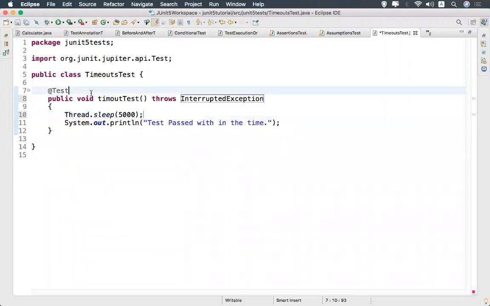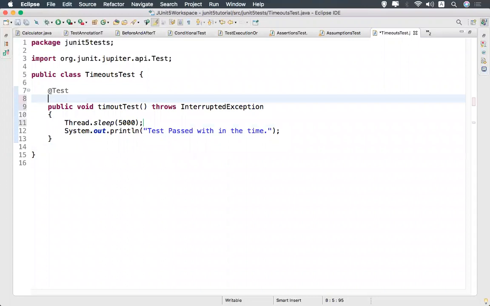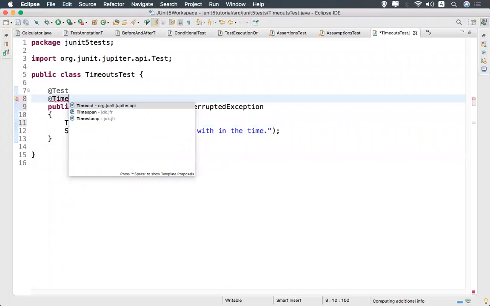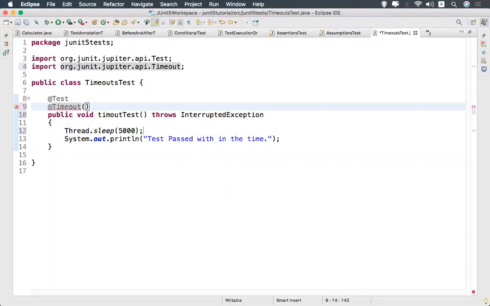For the timeout, we have one of the annotations called @Timeout. It should execute within 4 seconds. I'm saying my timeout is 4 seconds, but I am forcefully stopping the execution for 5 seconds.